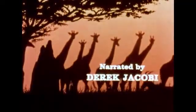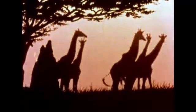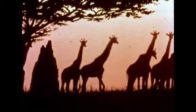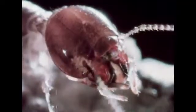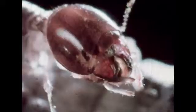The most typical of all silhouettes in Africa is not the giraffe or the classic flat-top thorn tree. It is the tall, castle-like shape of the termite mound. The insects that build these mounds don't look very interesting. They certainly don't look like a creature that dominates Africa, both in terms of numbers and their effect upon the